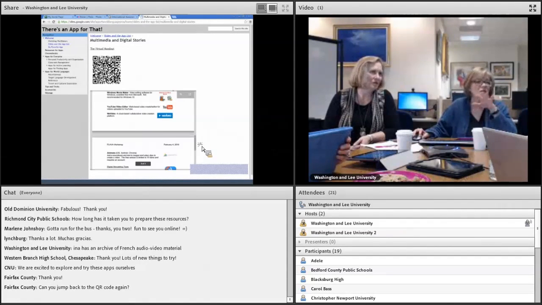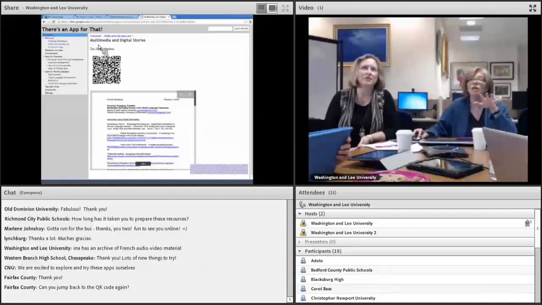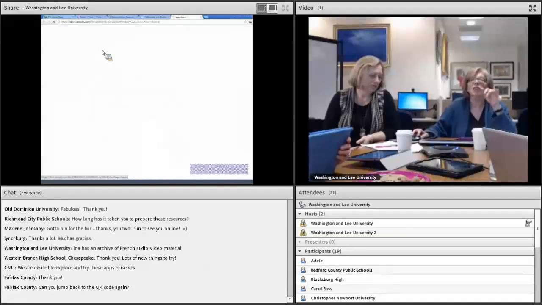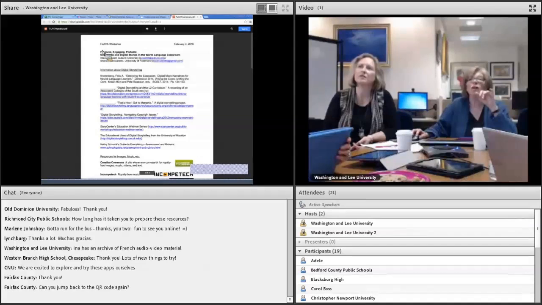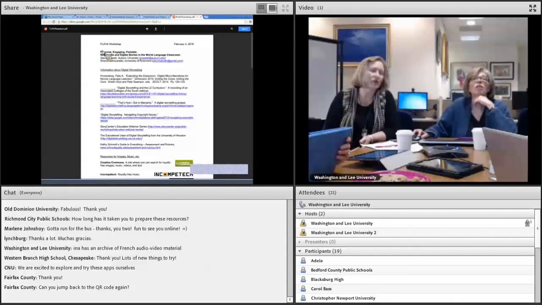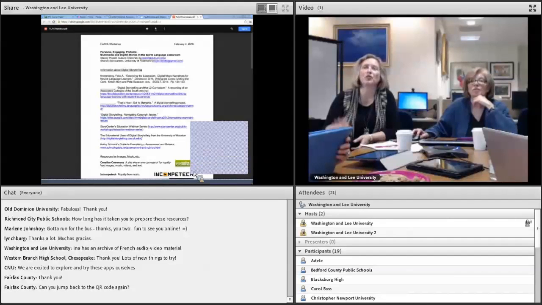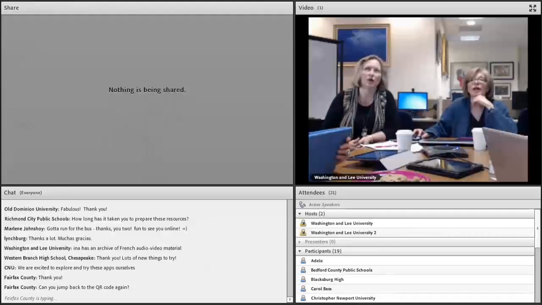Then there's a way of seeing what other people have contributed. This presentation is linked on this site, under the slides in the app list. Here is the QR code and the handout, so this is where you will end up if you have the QR code, and this earlier is the link to the PDF version of that handout.